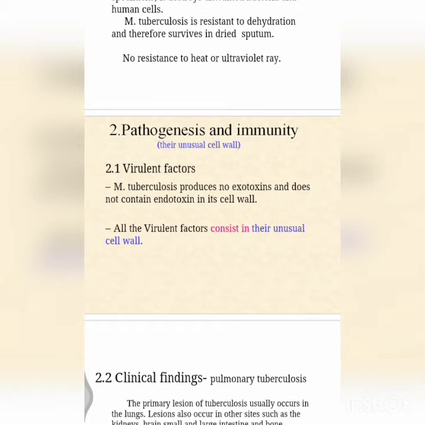What are the types of tuberculosis based on organ? Tuberculosis mainly acts on our lungs, that is pulmonary tuberculosis, but it also acts on other organs, like renal tuberculosis, tubercular meningitis, bone and joint tuberculosis, miliary tuberculosis, and also intestinal tuberculosis and skin tuberculosis. So not only the lungs, it also affects many other organs if the immune system is too weak.